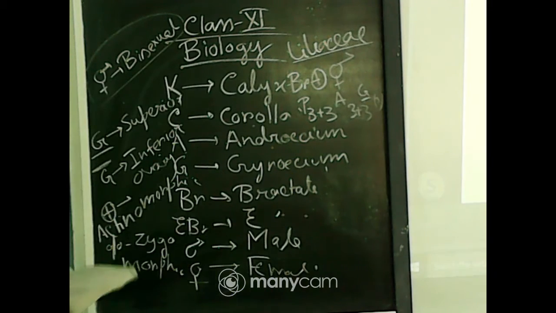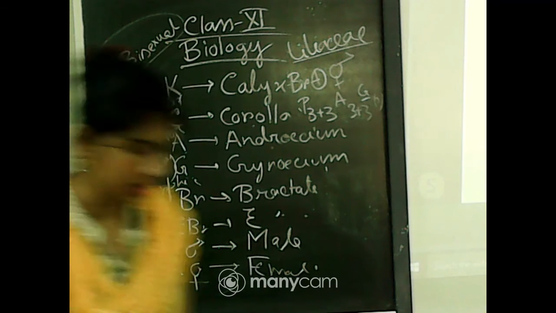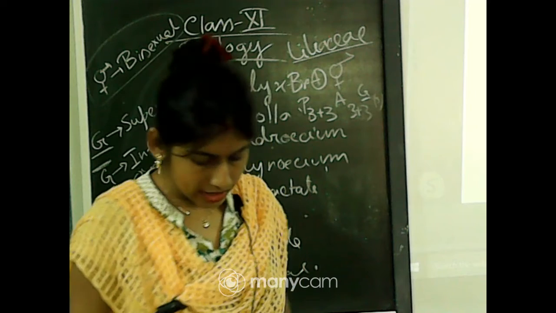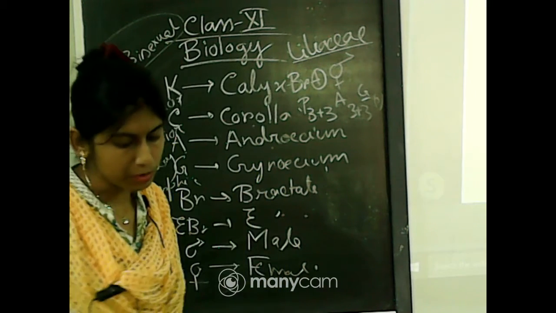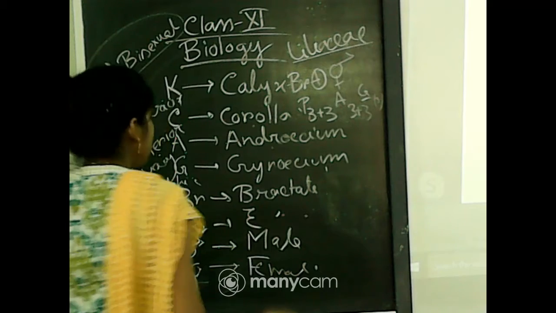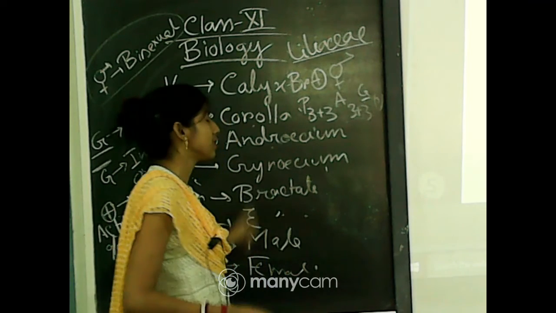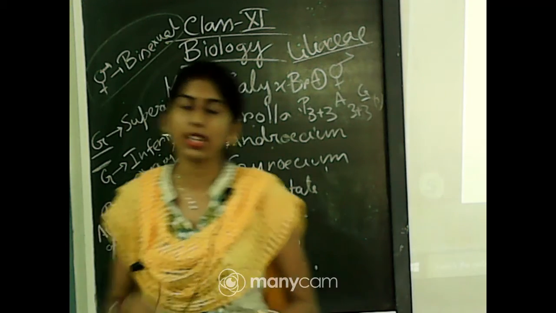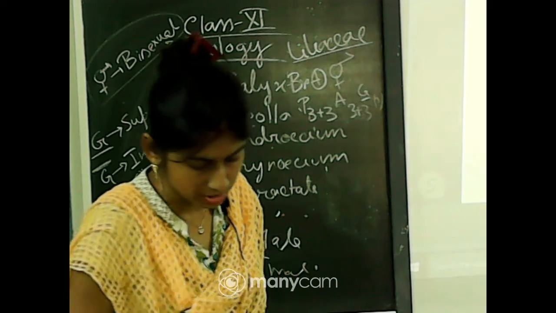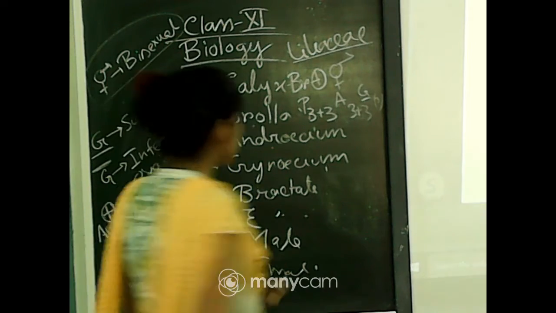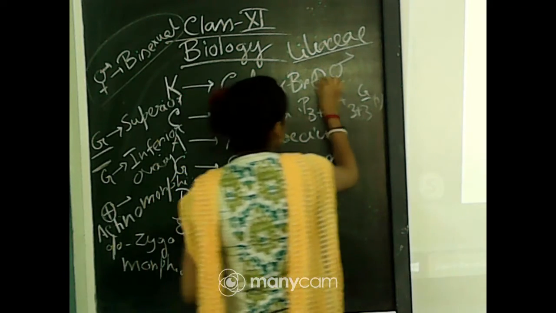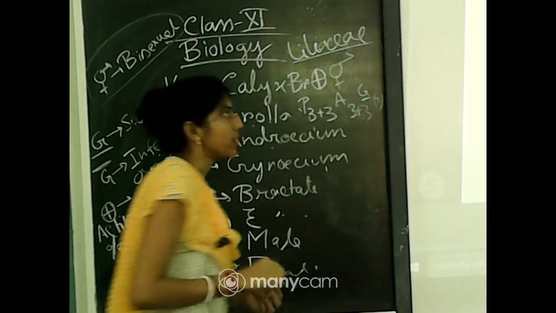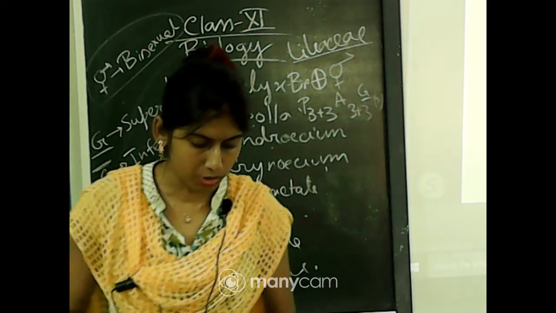So, that is the floral formula of Liliaceae family. First one is inflorescence. In that case, they show cymose type of inflorescence. We know what is racemose and cymose type of inflorescence. So, under this Liliaceae family, they show mainly cymose type of inflorescence. And what type of flower are they having? They are having bisexual and actinomorphic flowers.